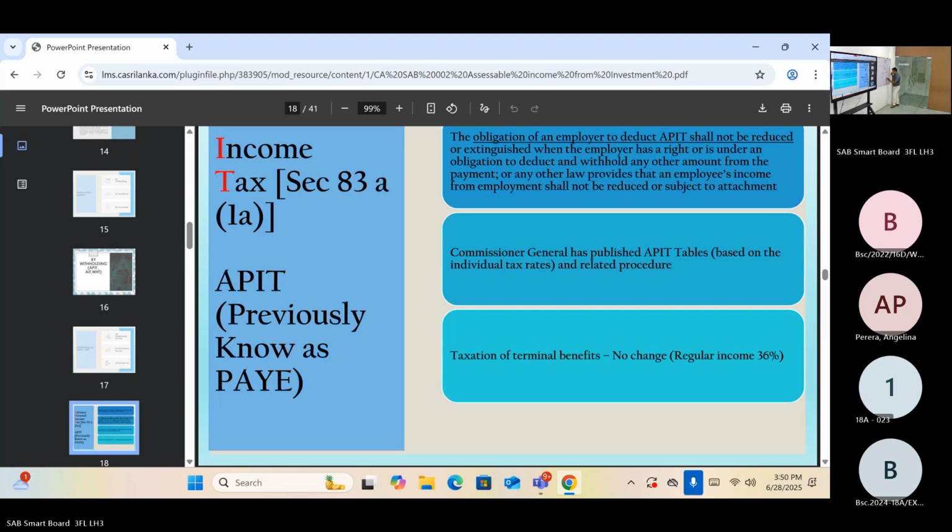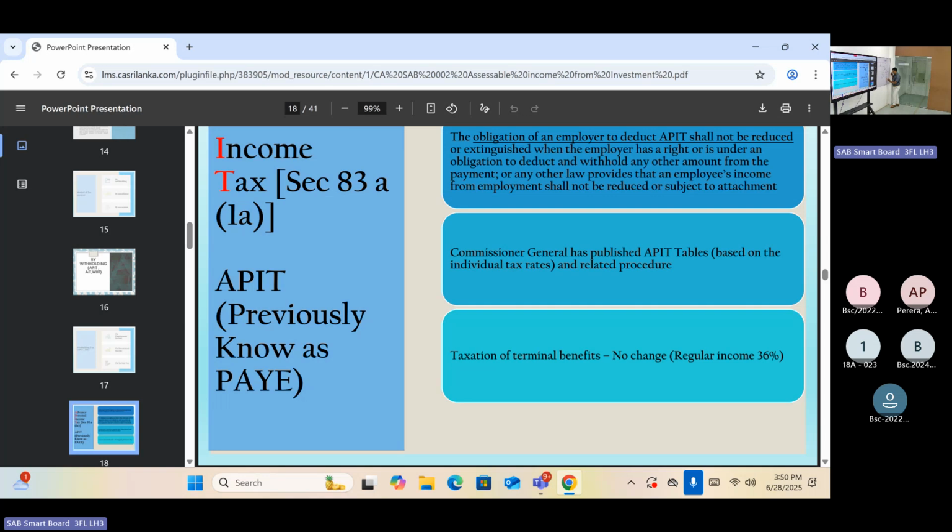Salary, wages, allowance, that type of thing. OT, bonus, whatever. All are cash benefit. Whatever you are getting in cash terms as a benefit from the employment, which is stated in the agreement, this is cash benefit. Non-cash benefit could be